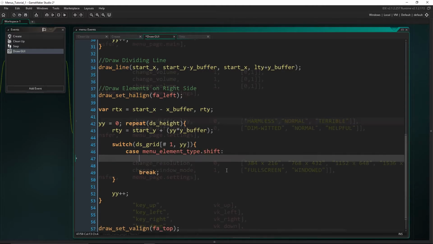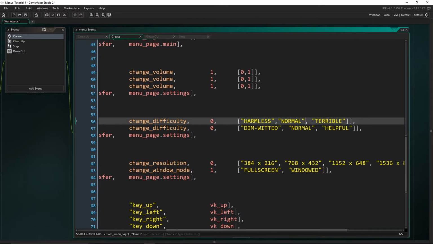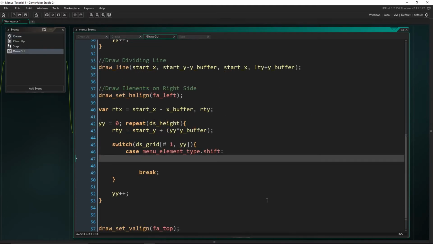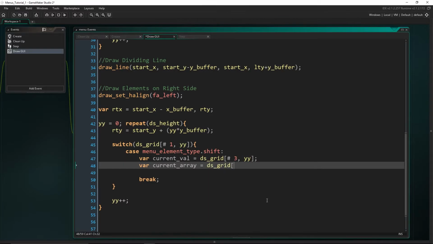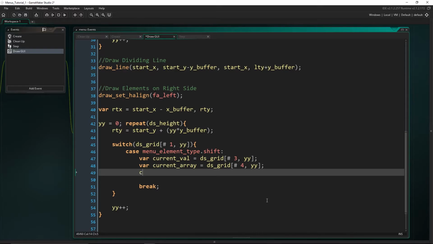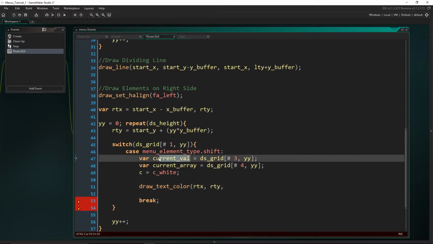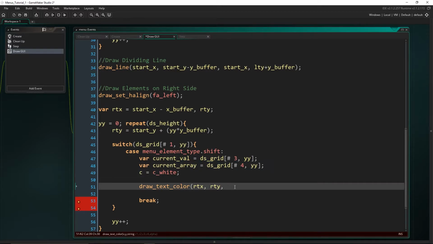So for this one, we are going to want to pull out one of these values, right? So this is the current value of what we're on, and this is the entry in the array here that we want to access and draw. So if it's currently set to 0, then we want to pull out harmless and we want to draw that. So we need access to both these columns, and that is going to be column 3 and 4. So let's grab those. Just like that. And then I'm just going to make a color here. Let's just make it white. And then let's draw the text. So RTX, RTY, and now we have to get, so this value, the entry in this array. So current array,